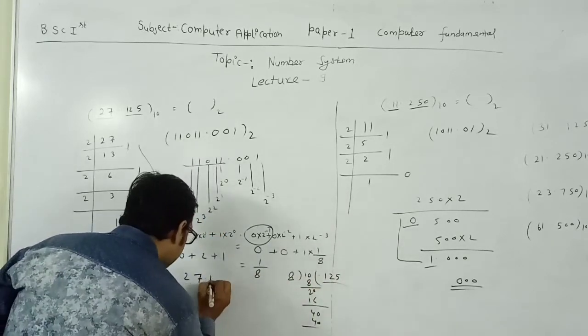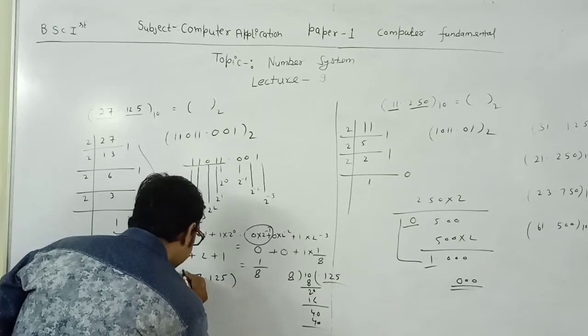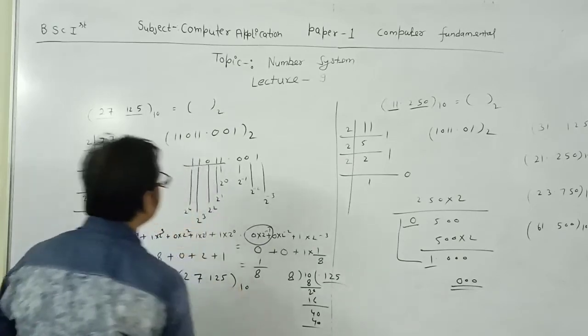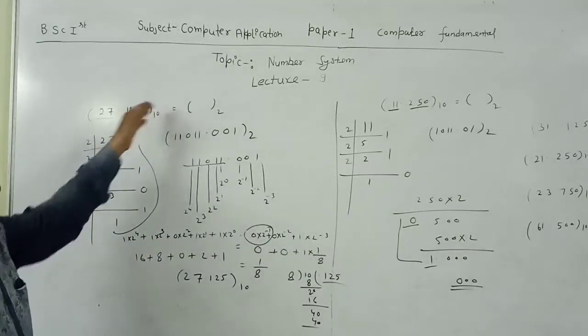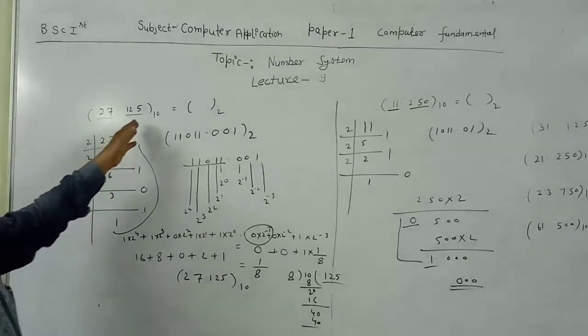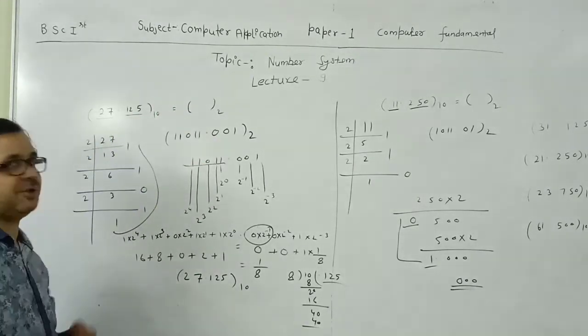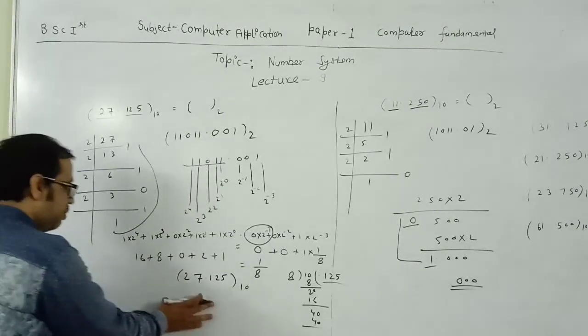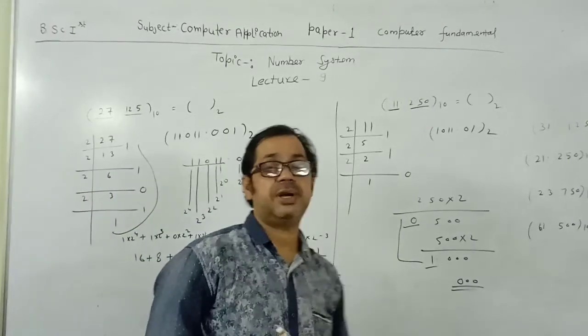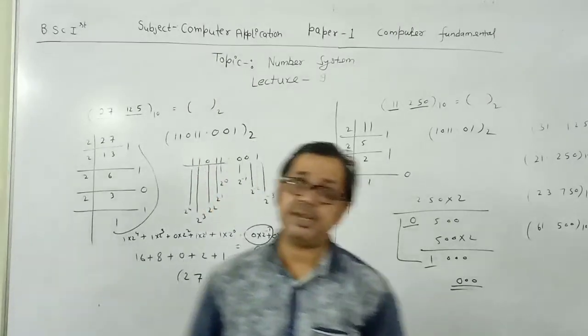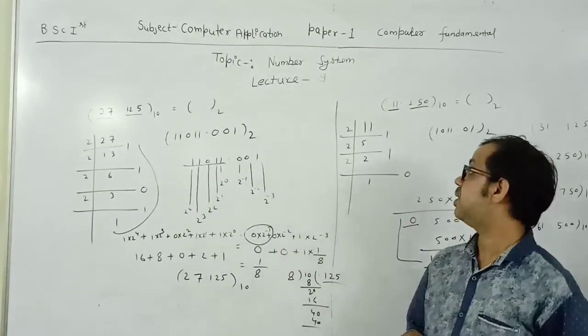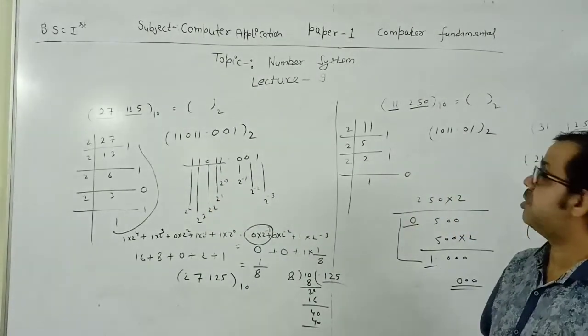And the fractional part I have already calculated gives you 0.125. So this is 27.125. Yes, okay, so this is also proved. First of all, you take the number in decimal and convert it to binary. Now I took the number in binary form and converted it into decimal. So I think you have understood how to convert a number that has a fractional part, between decimal and binary.